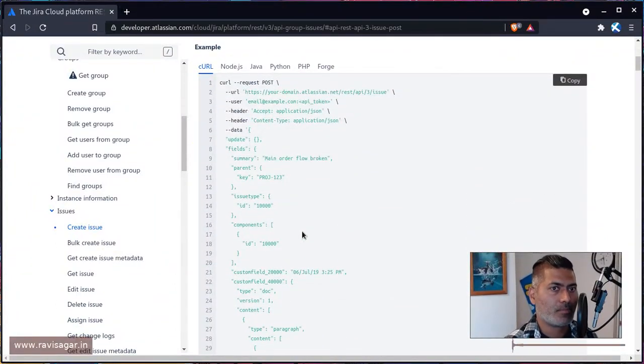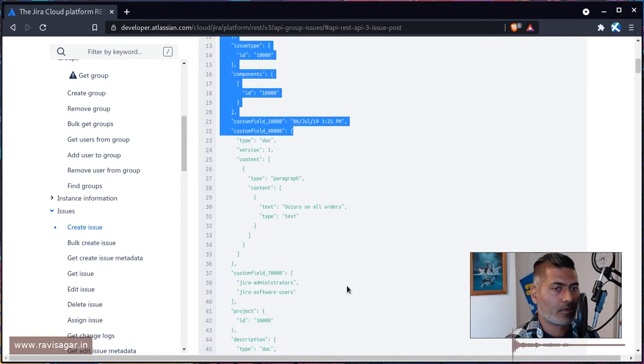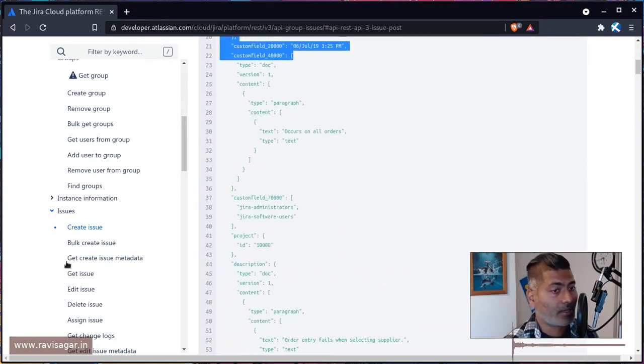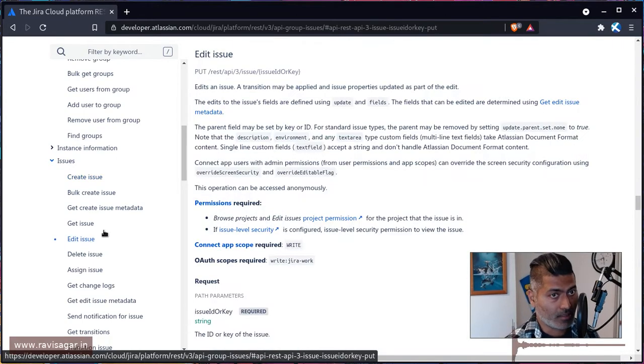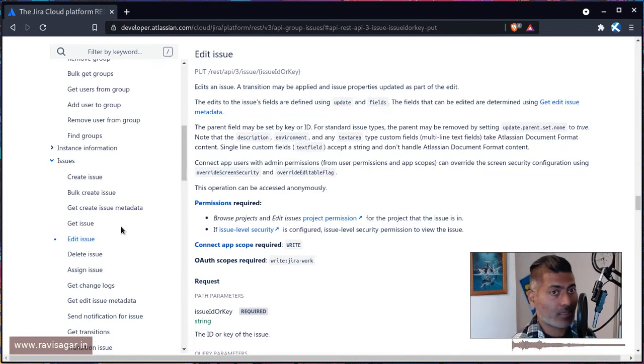You have to, let us say, create an issue, or maybe you want to add a comment or add a work log. You have to specify the body in a JSON format, and you can see here that there is an example of what kind of things you can do. This is actually applicable for things like when you want to edit an issue. It is possible that you may want to edit an existing issue using this endpoint, but the method is PUT.